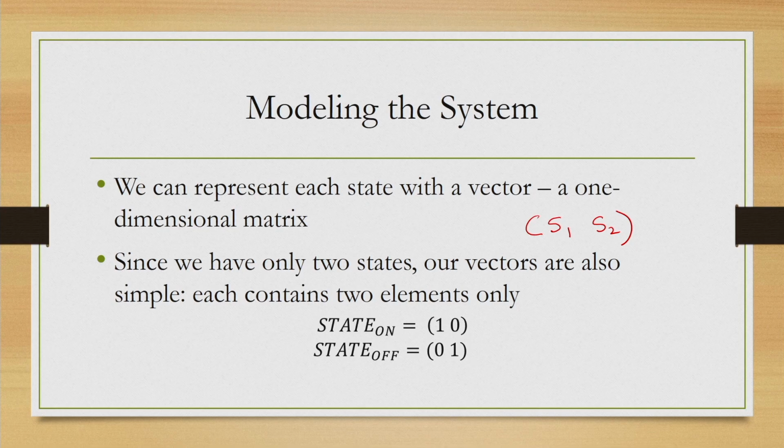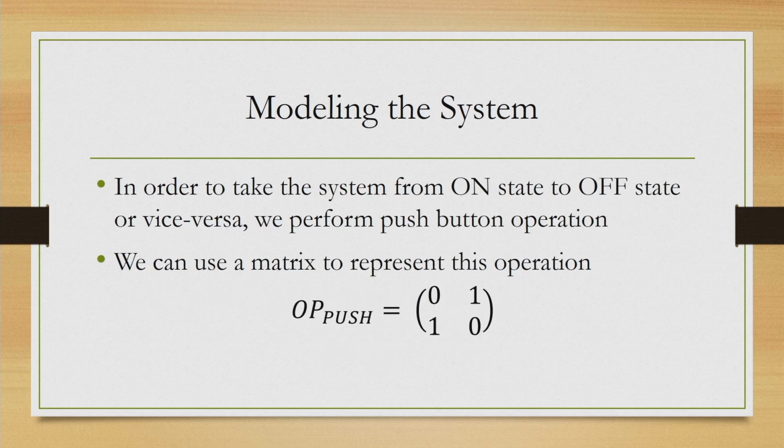So, each state is represented with two elements in a vector form. One element indicates a particular state of the system and the other element indicates the other state of the system. So, when the state of the system is on, then that particular element which represents that state should be 1, otherwise it should be 0. Going by this convention, we can define the two states in this way: on state is 1 0 and off state is 0 1. Then the other concern that we have is to represent the transitions, that from on state how to go to the off state and from off state how to come to the on state.